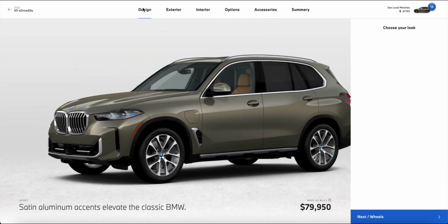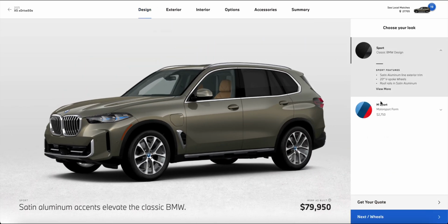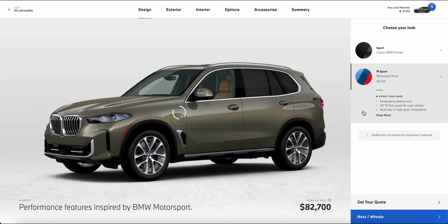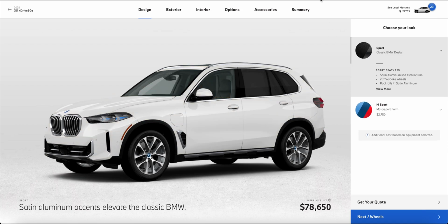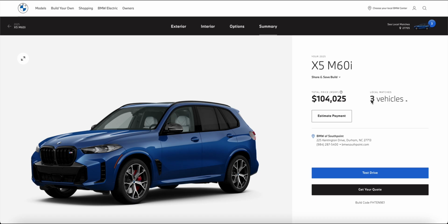But if you just want to pay a couple bucks more and get the official BMW wall box, well, it's available to you. Once again, $81,125. That's what the plug-in hybrid came out to be. Now the twin turbo V8 M60i model with 523 horsepower, the way I built it, it came out to be